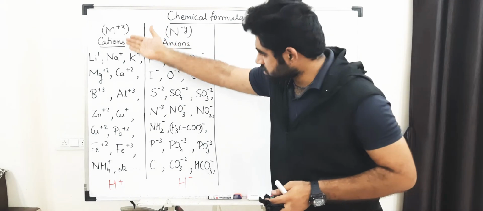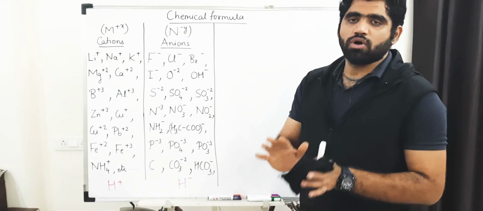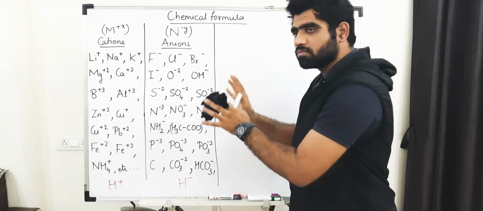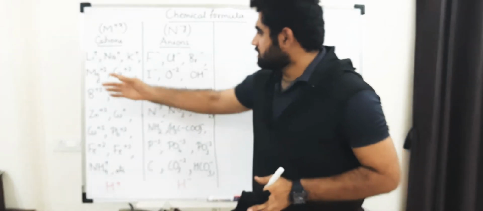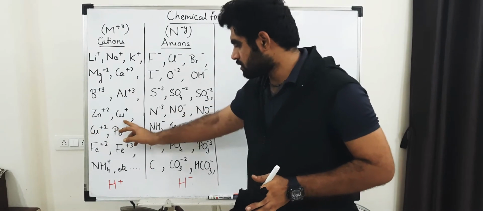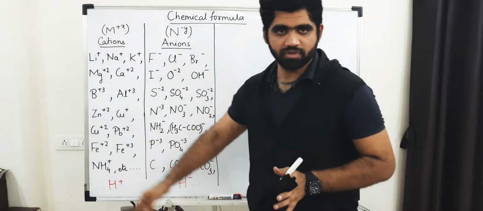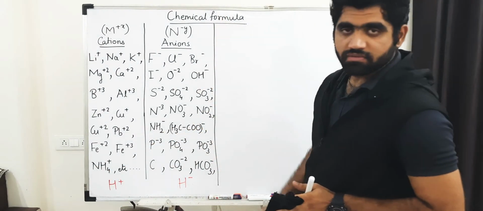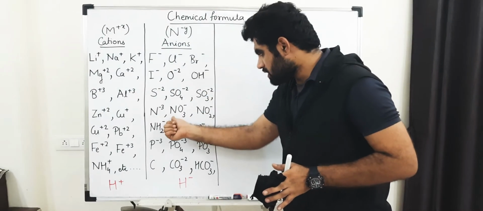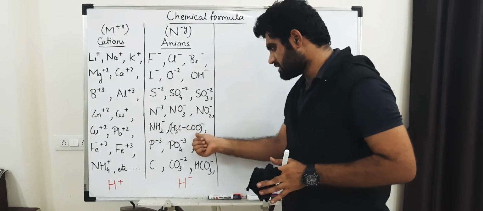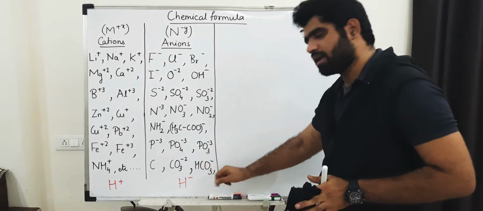You can see I have made a list of cations here and a list of anions here. These are basic cations and anions which are used all over 9th standard and 10th standard. I have covered most of the cations and anions here, with the charges. You can see the list of cations along with zinc, cuprous, cupric, lead, ferrous, ferric, ammonium. Along with that, you can even see the list of anions in which I have included sulfate, sulfite, then nitrate, nitrite, acetate, amide, phosphate, phosphite, carbonate, bicarbonate.